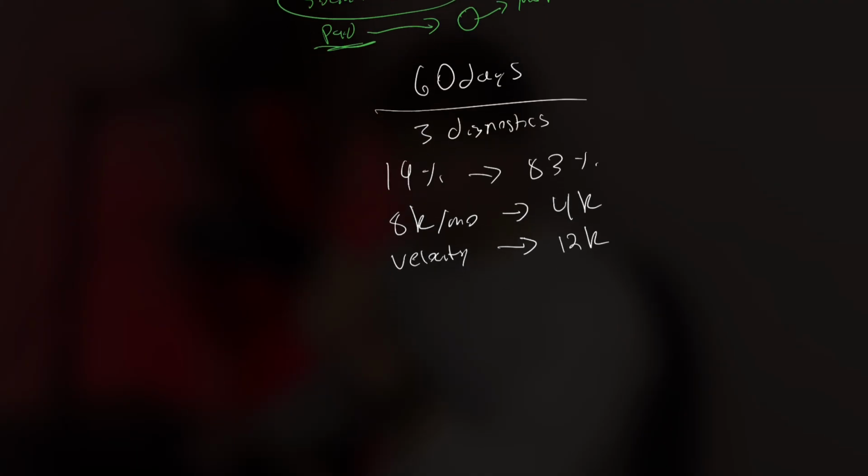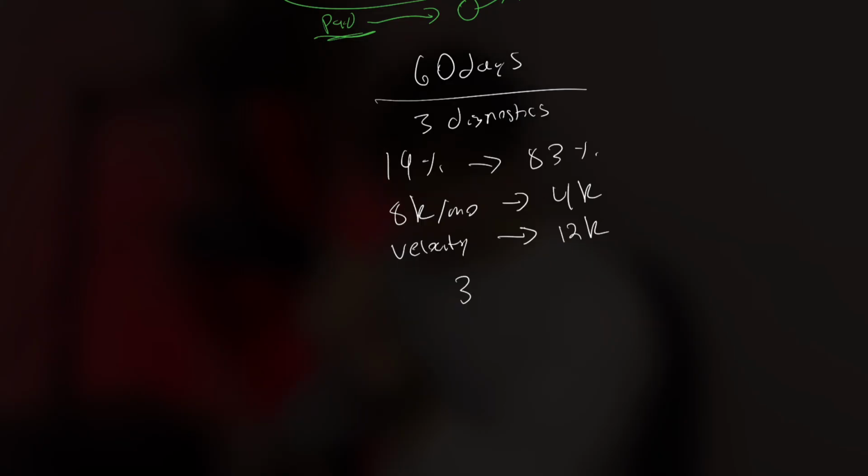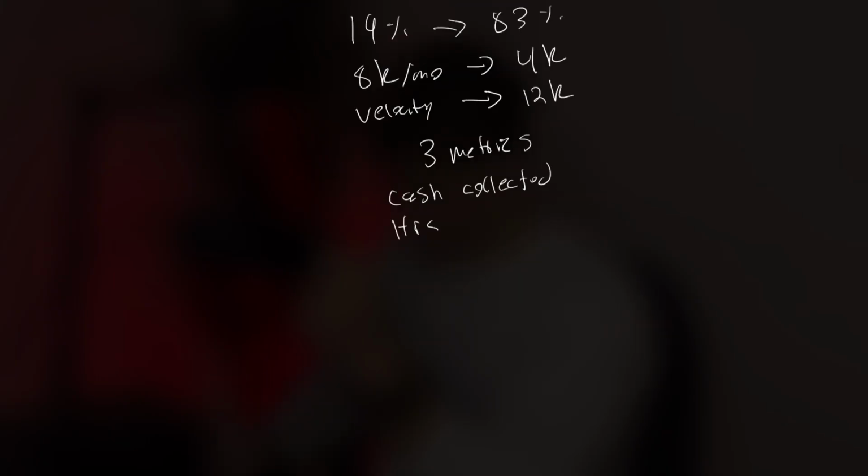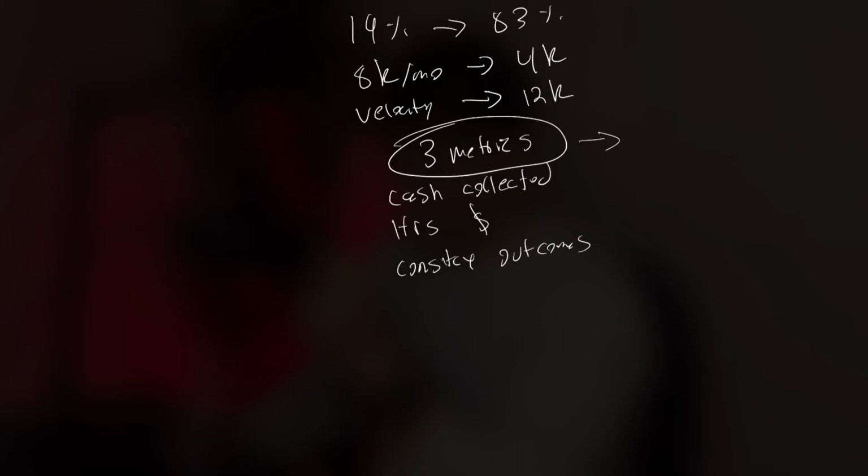And we validated this model using 3 metrics, and this is really important. We did it based on cash collected upfront, the delivery hours per dollar earned, as well as the consistency of their client outcomes. After the 3 diagnostics with 0 delivery creep, we considered the unit validated.